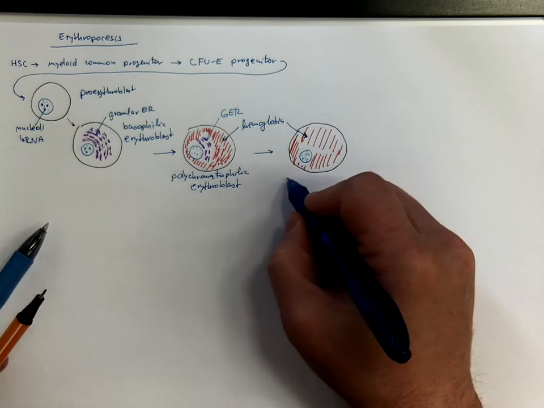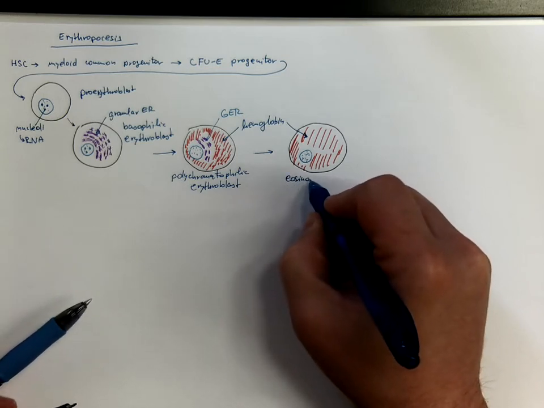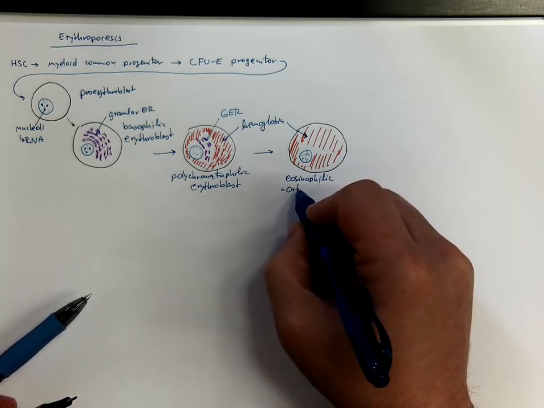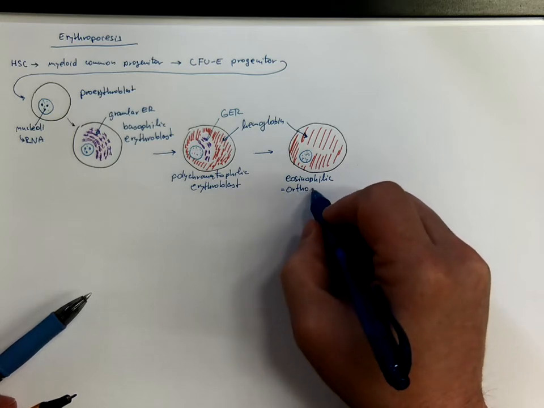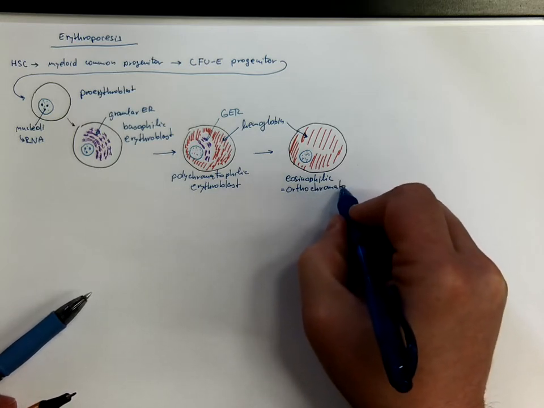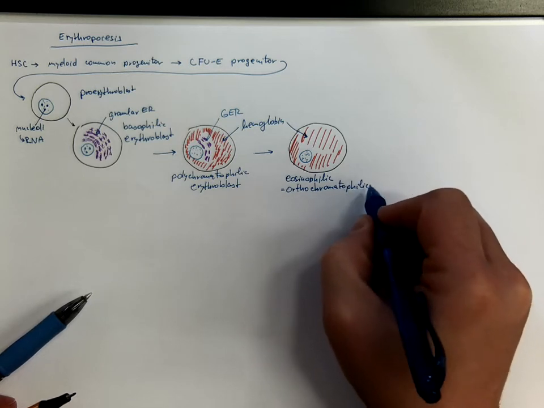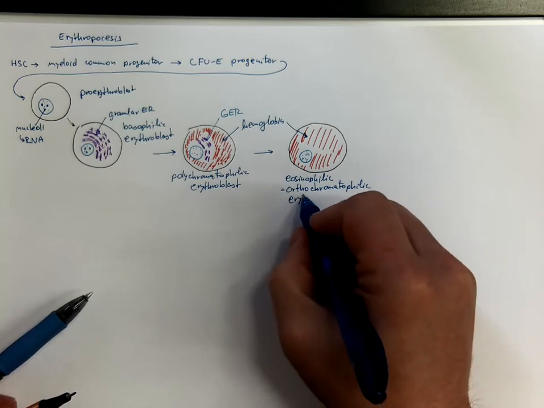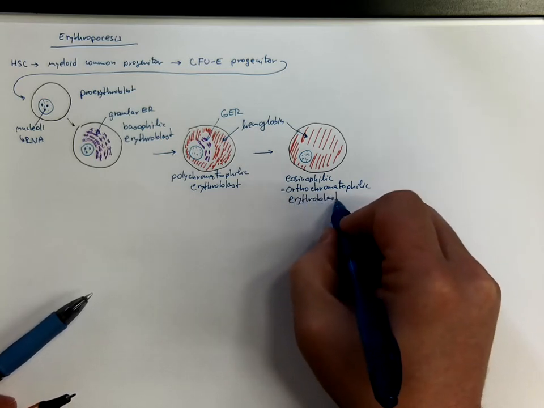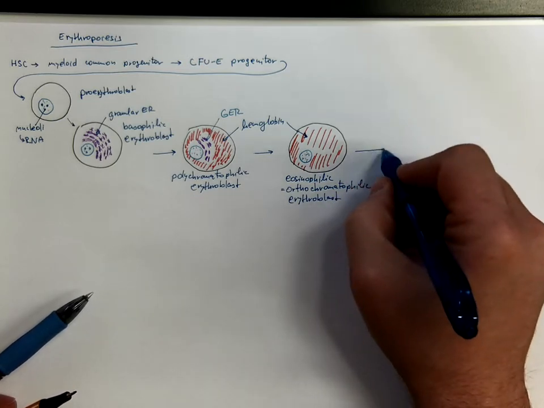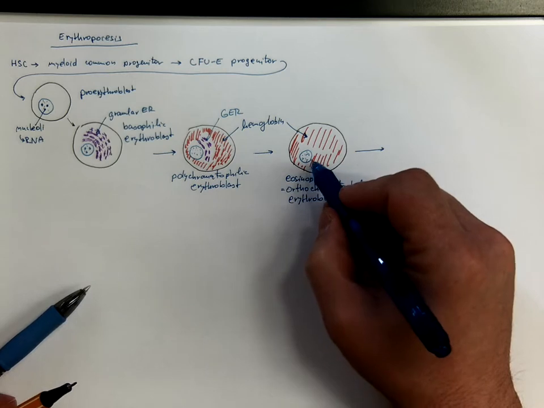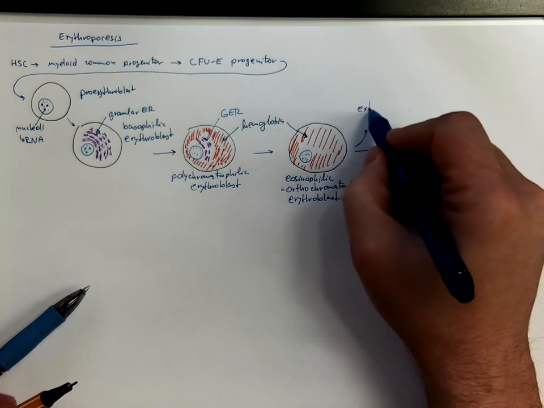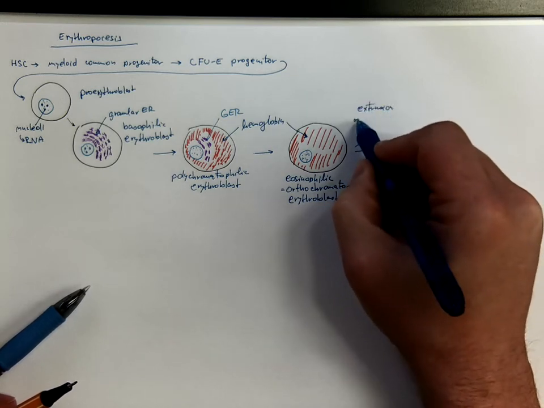We call it eosinophilic erythroblast or orthochromatophilic, because it already has the right color. Then the nucleus is excluded. We call it extrusion of nucleus,